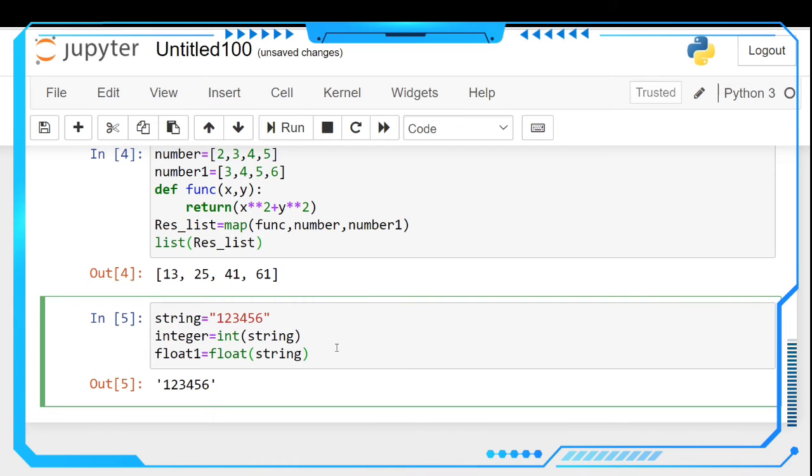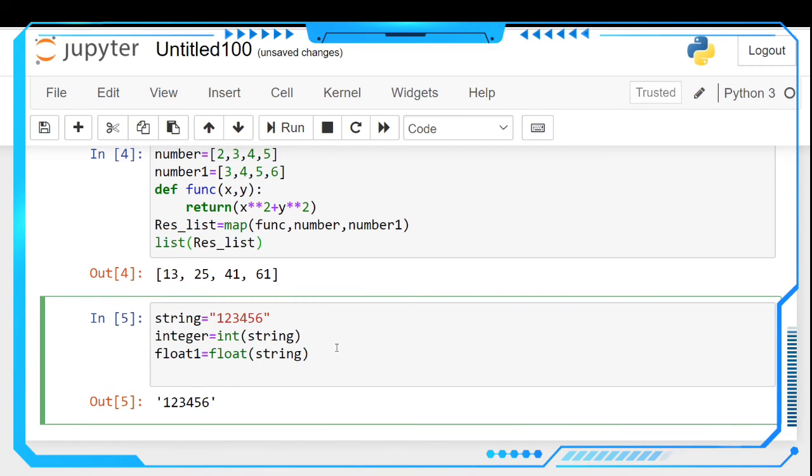We are changing this into integer and float. Let's print all of them: string comma integer comma float 1. See the difference between these. The first, the string, is written in single quotes, the second one is in normal integer format, and the third one is in float format.